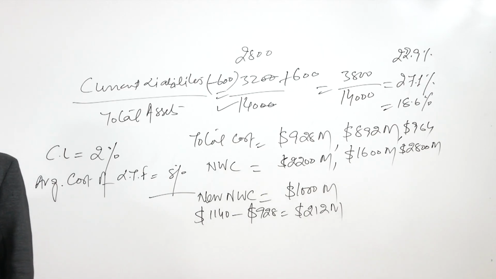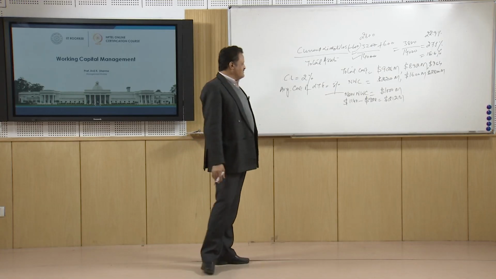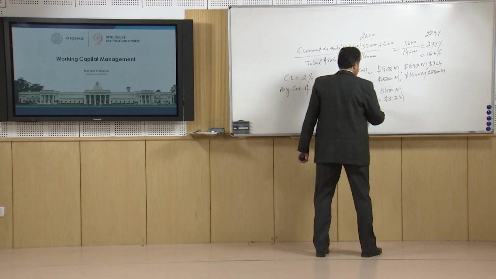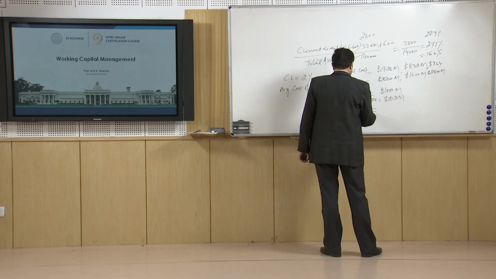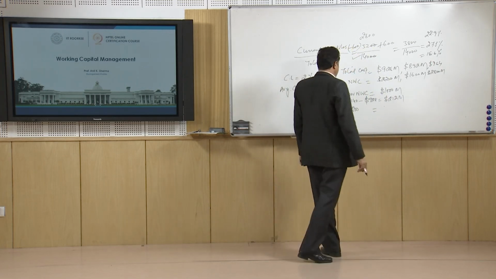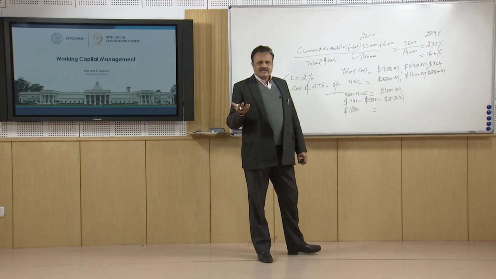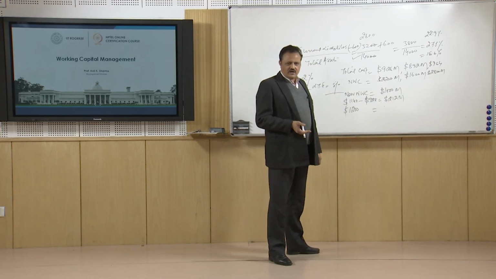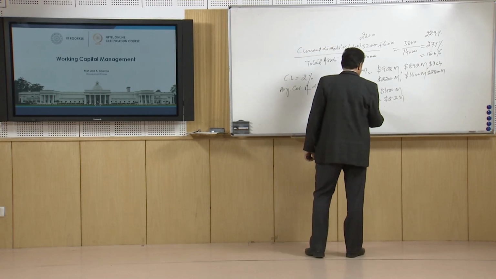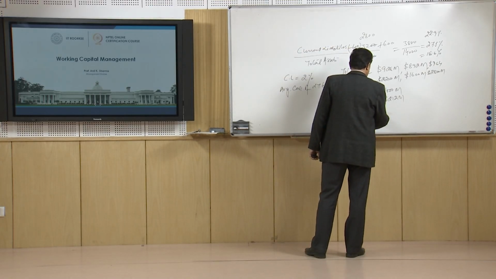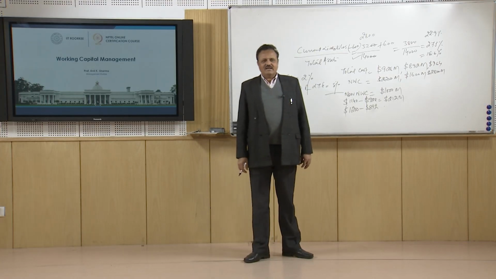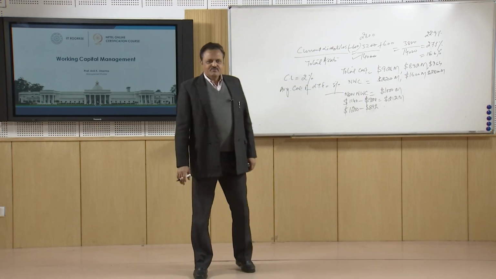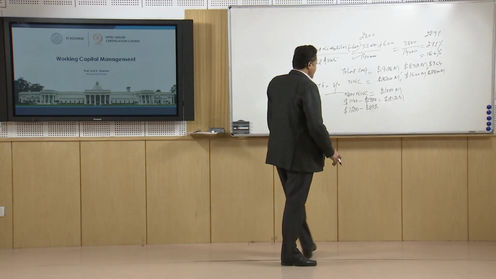$212 million. And when you decrease the current assets, the profit became 1200, and when you increase the current liabilities, the cost has gone down to $892 million. So, it means there is a total change in the cost of $36 million, and if you look at the net effect,